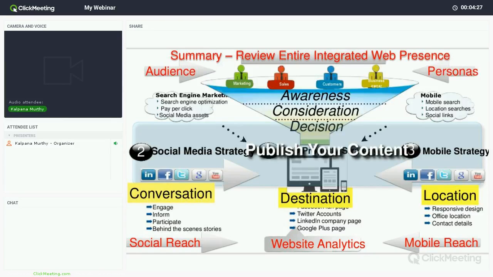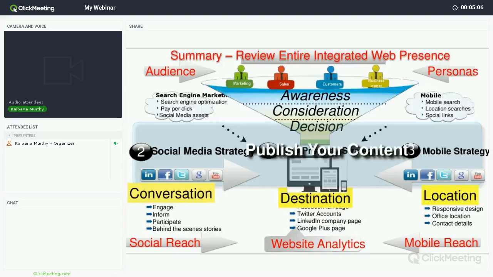Now, once they're aware of a problem that they have, the next thing they are going to do is get a little more information about what that problem is, and they move on to considering what the solution for that problem is. So the consideration stage is where they are looking for information on, okay, I have this issue or a problem that I need a solution for, whether it's a product or service that you offer. This consideration stage is where they're going to look for that type of content. And once they are educated enough on what their options are, the last step is decision.